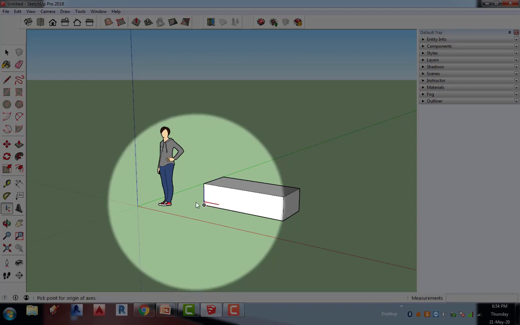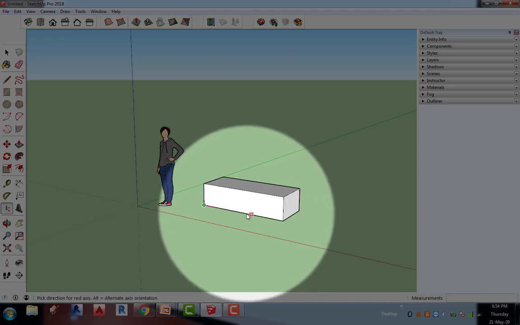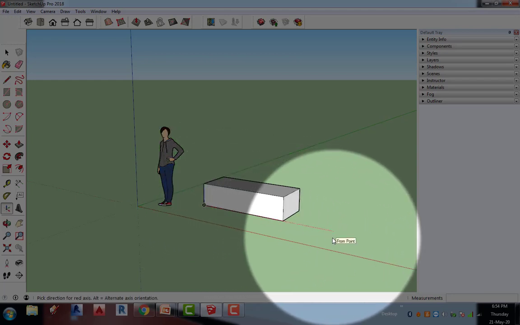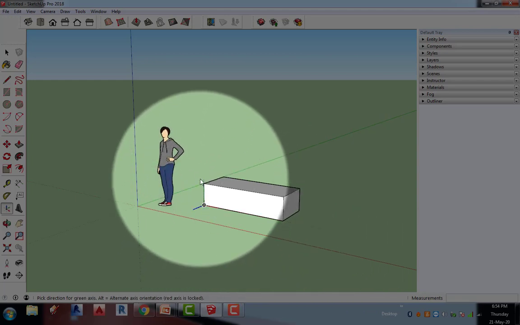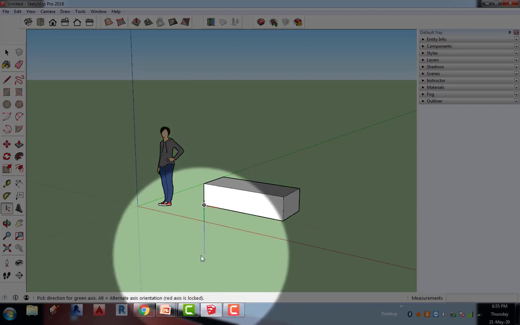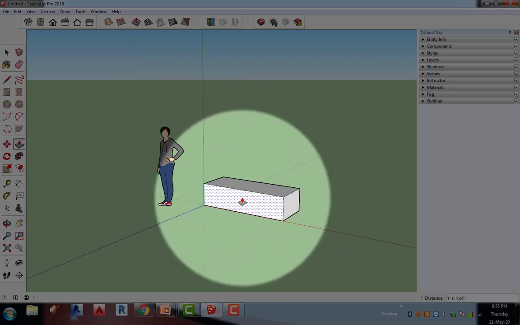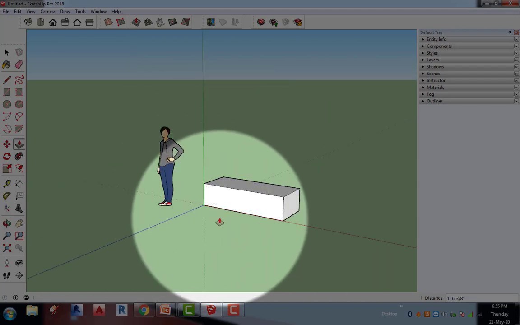Generally, how this axis works is: one click to locate the point, then you drag and make the second click in the red direction, and then you fix your blue axis in the direction you need, and you will reorient your axis.